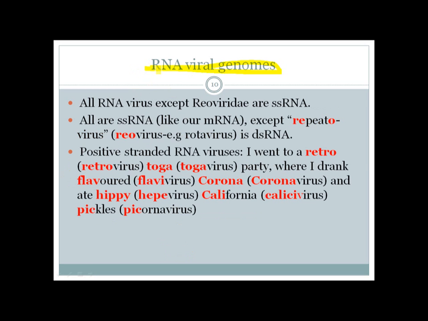Okay. So, RNA viral genomes. RNAs are most commonly single-stranded in the human body, and most viruses also have single-stranded RNA. But one group, the reoviruses, and one important reovirus is rotavirus, has double-stranded RNA, and the mnemonic for it is repeatovirus. Repeated strands of RNA, two strands, and repeato, the first portion re and then o, reo. So reovirus has two repeated RNA strands, which are double-stranded RNA.